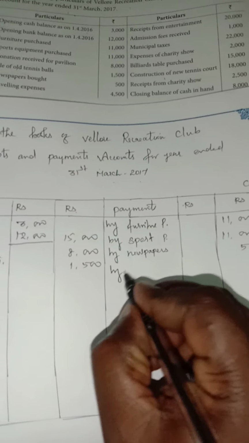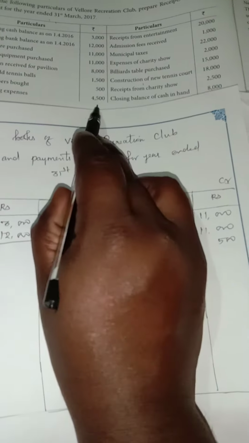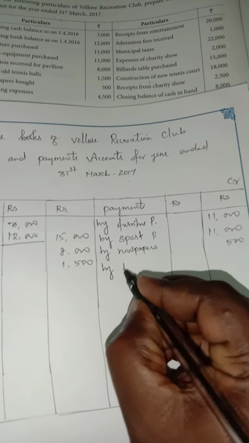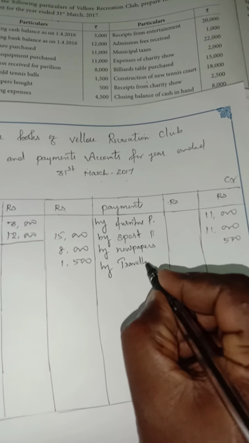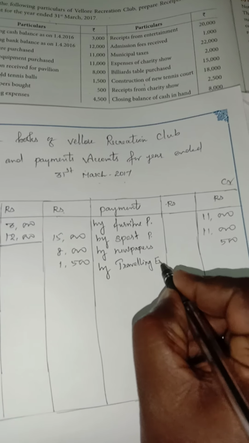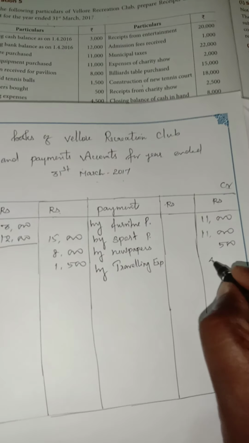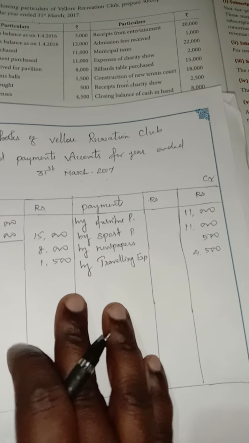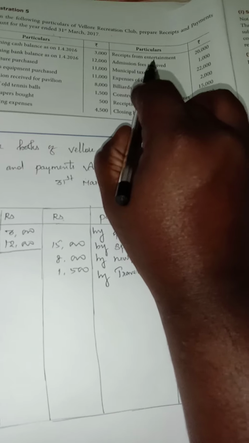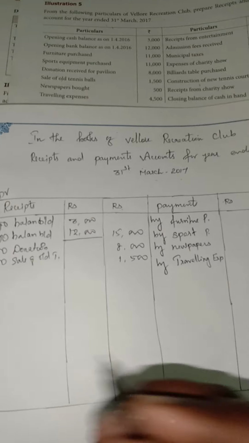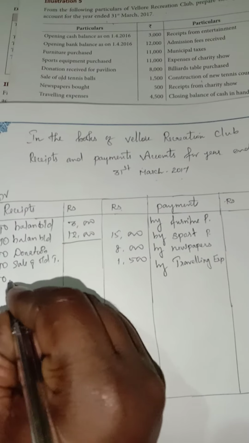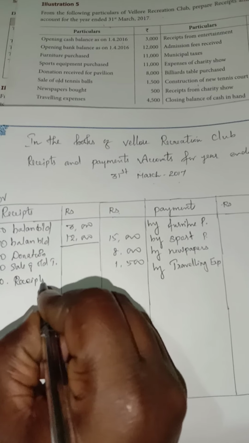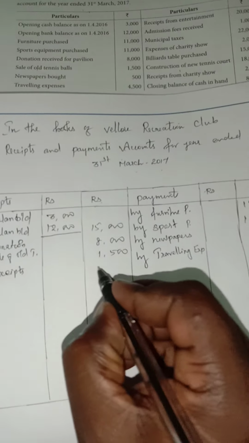Then buy traveling expenses. So traveling expenses, that is an expense. We should write it on the credit side. Traveling expenses rupees 4,500. Okay, did you understand? The next one, receipts from entertainment. Receipts from entertainment means it is income. So we can write it on the debit side. Receipts from entertainment rupees